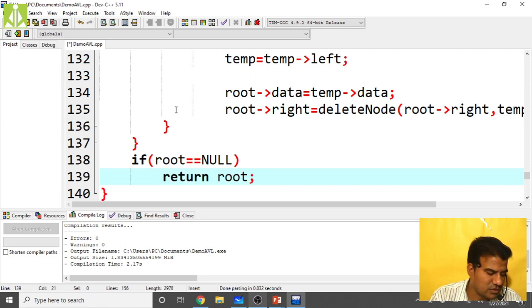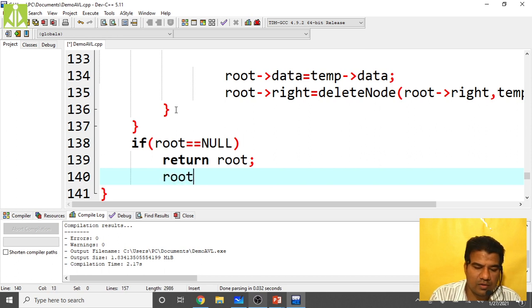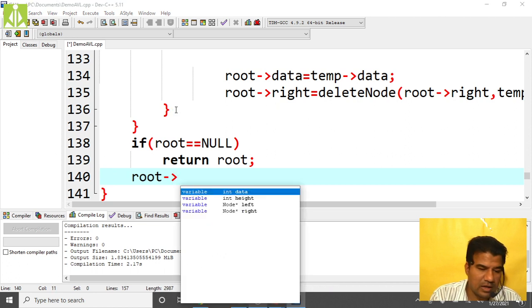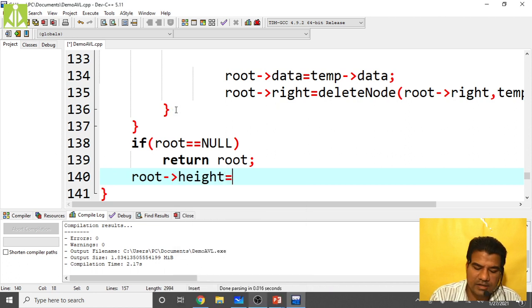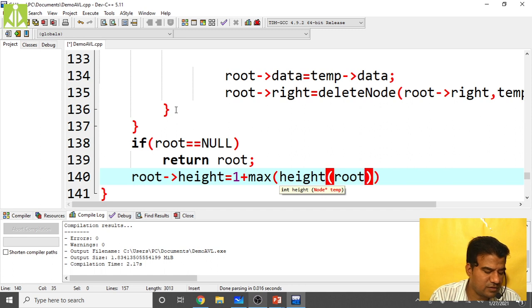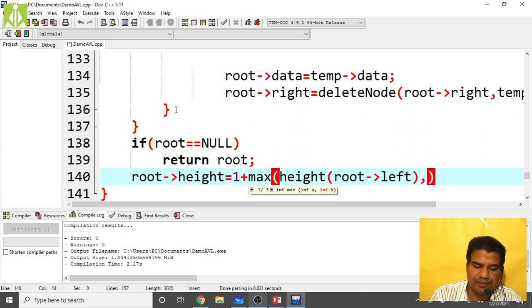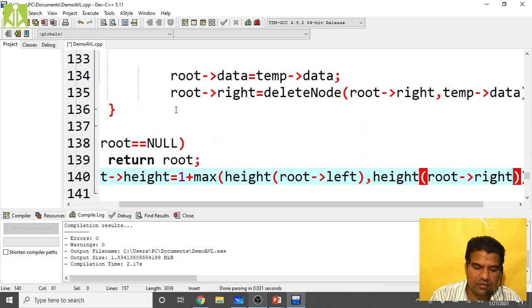Then updating the heights now: height of root equals to 1 plus max of height of root of left comma height of root of right.